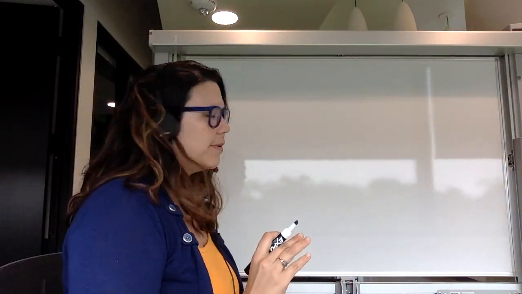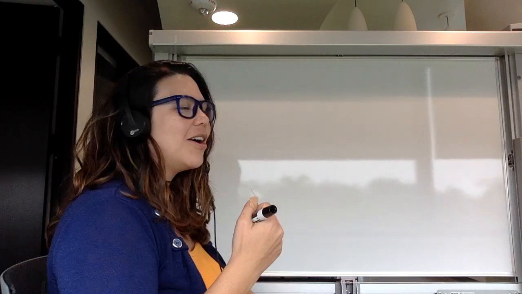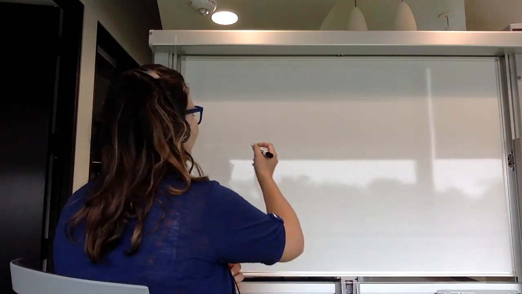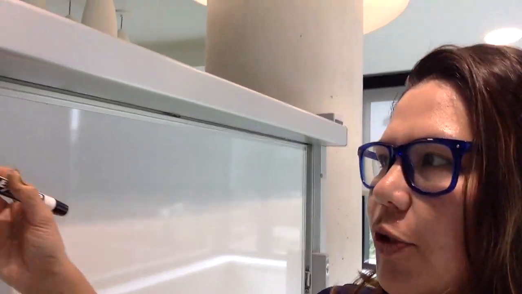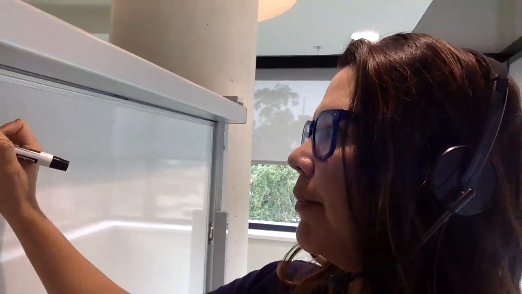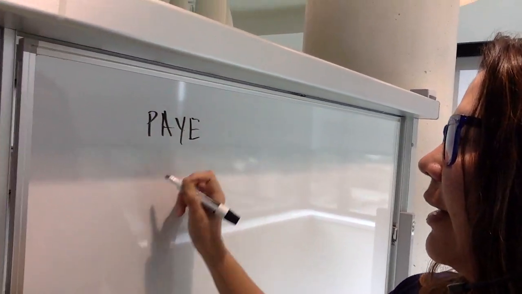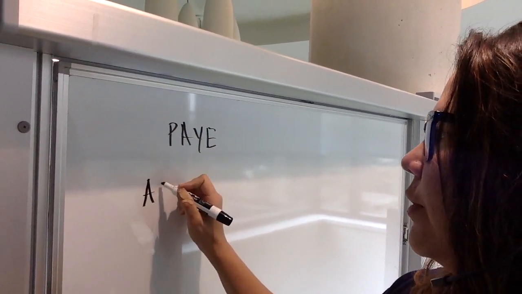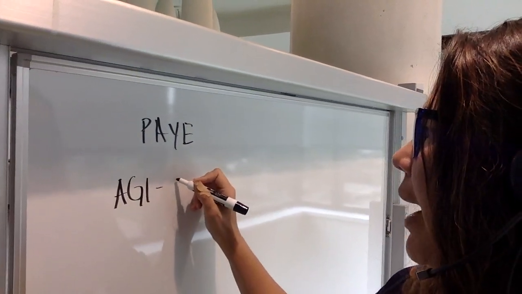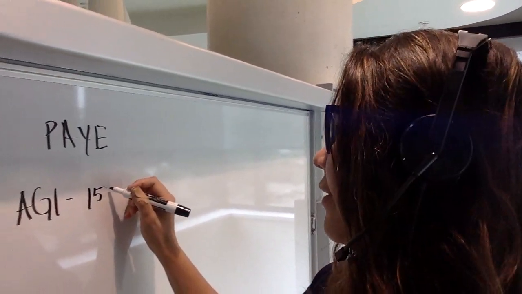So I'm going to be facing the whiteboard here for parts of the video. Just bear with me. Let's talk about the former Pay As You Earn plan. I'm just going to lift my camera here. You're going to come with me. So I'll use Pay As You Earn right here. The key difference is the adjusted gross income is minus 150% of poverty,